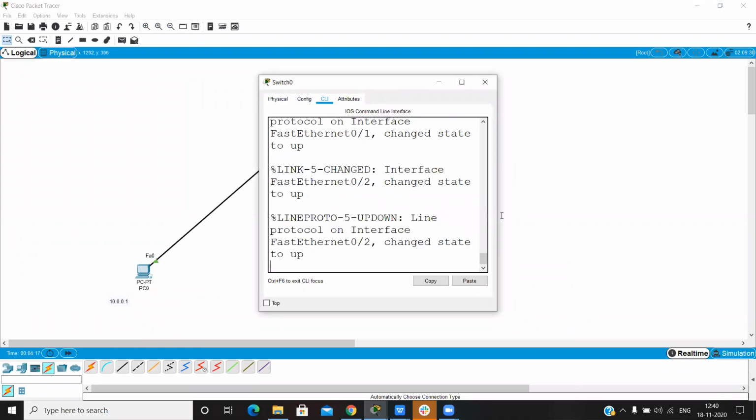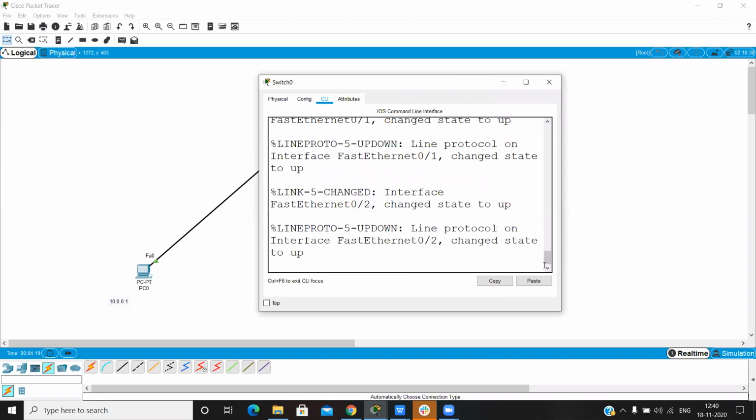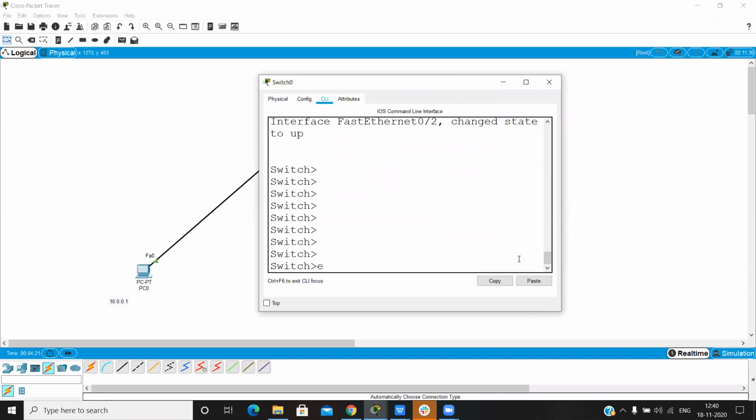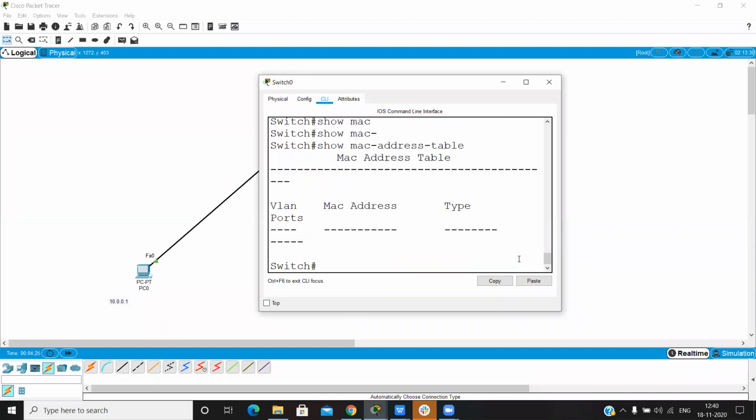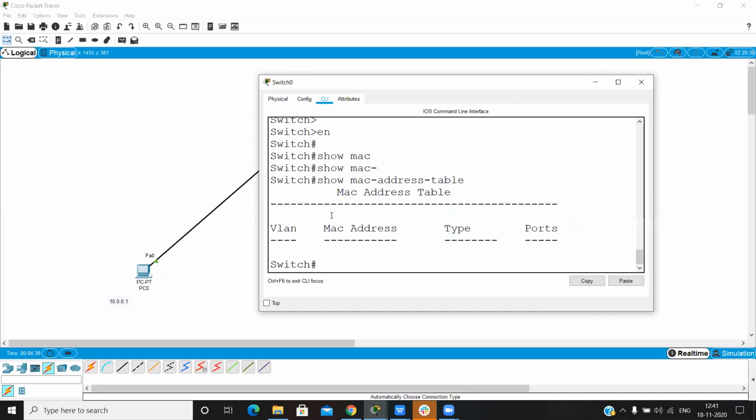You can check the MAC address table at this time. There is no entry. VLAN, MAC address, type and port number, meaning interface number. This is the format of the MAC address table.